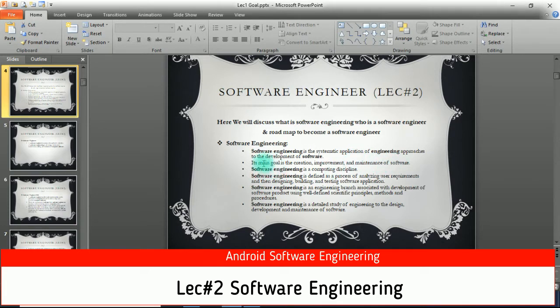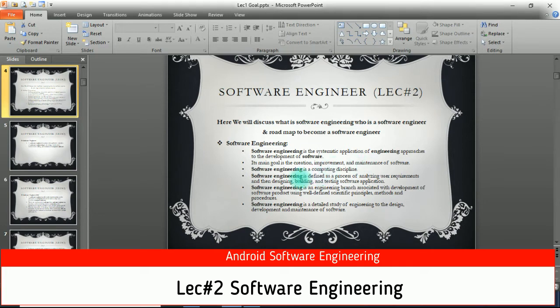Software engineering is a computing discipline. Software engineering is defined as a process of analyzing user requirements and then designing, building and testing a software application.